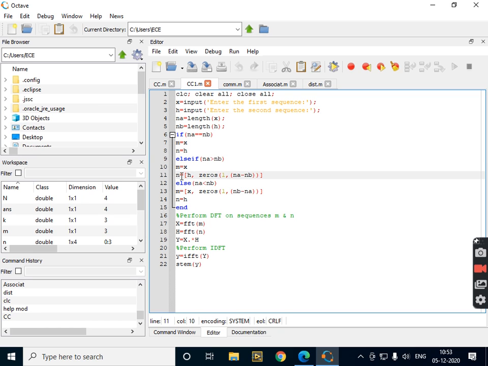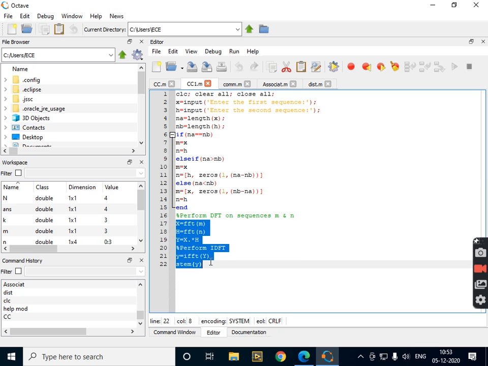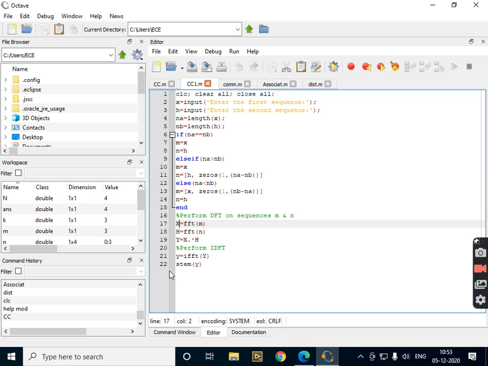That new zero padded sequence will be stored in n. Next, the program control will come out, and again the DFTs of the sequences will be calculated: X equals FFT of m, H equals FFT of n, Y equals the product of the DFTs, and then their IDFT is taken